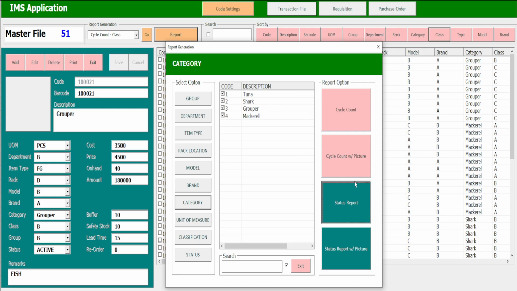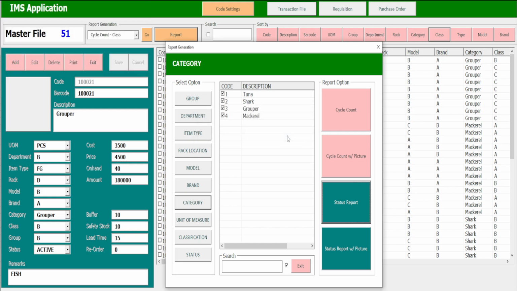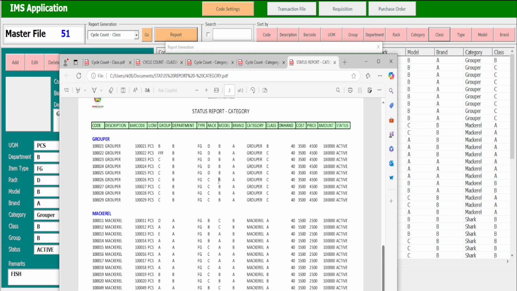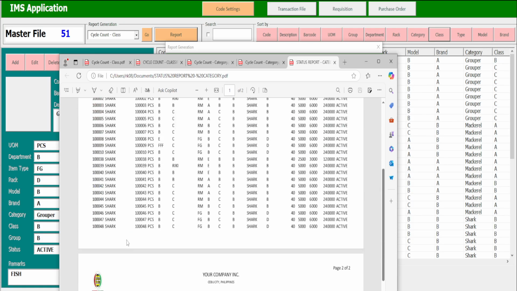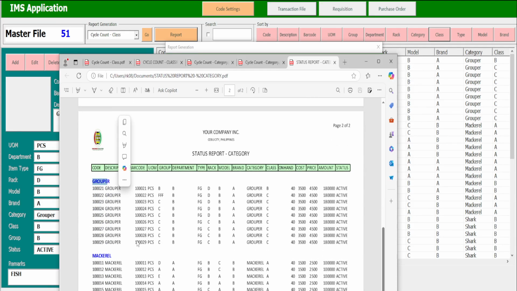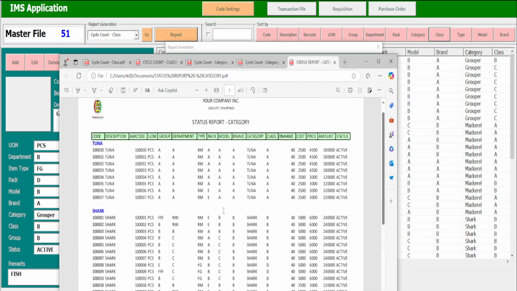So the process is done, and this is the report for status report by category, this one. So we have tuna, shark, grouper, and also mackerel. See on your screen, this one.